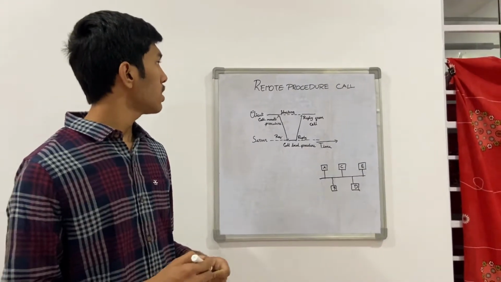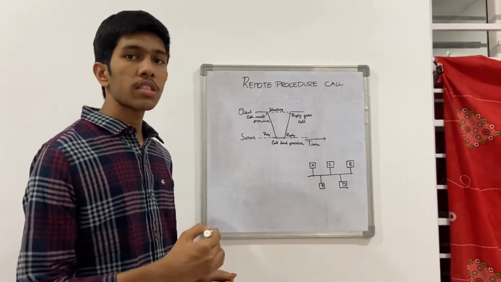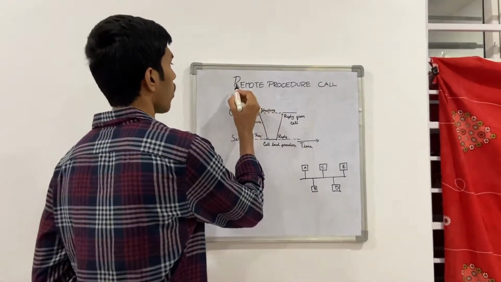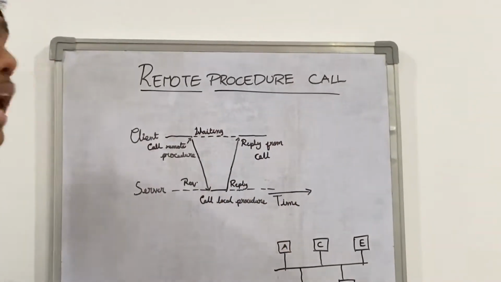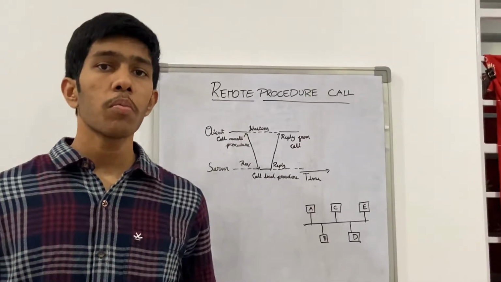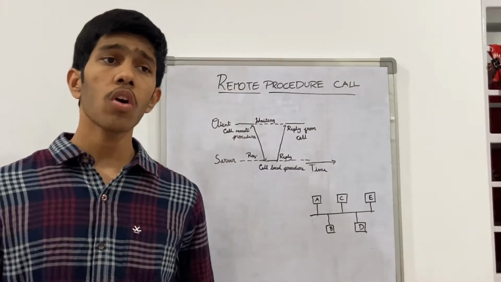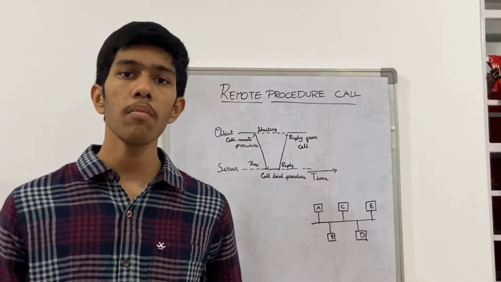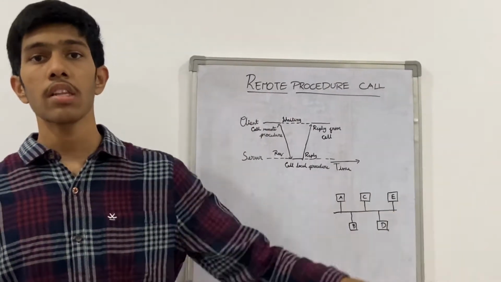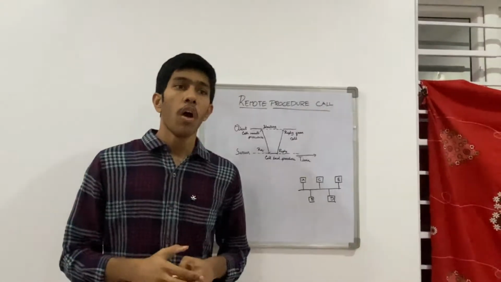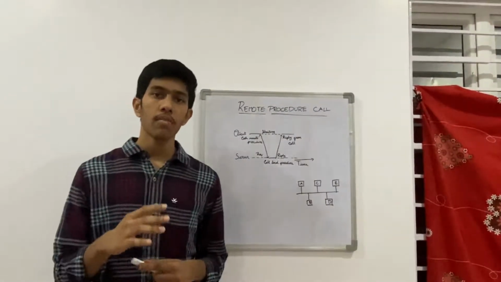By the name, you can understand it to some extent. It is formed from two words, remote and procedure call. As the formal definition says, a remote procedure call is a protocol that can be used by a program to request a service from a program located in another device on a network without having to understand the network details.